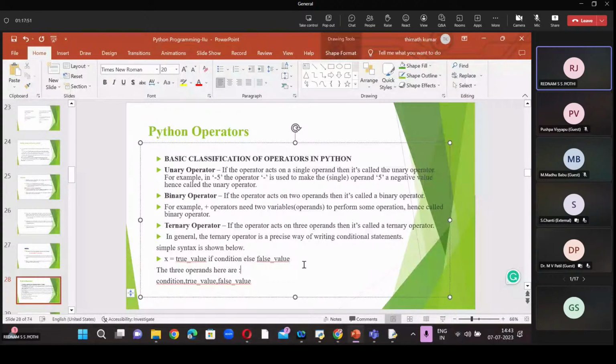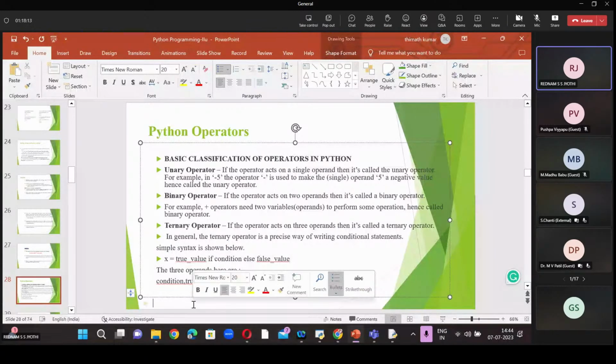In Python, the ternary operator is just like writing conditional statements. So how many operands are there? One is the true value, the second is the condition, and the third is the false value. So these three operands are required for writing or executing any ternary operator.